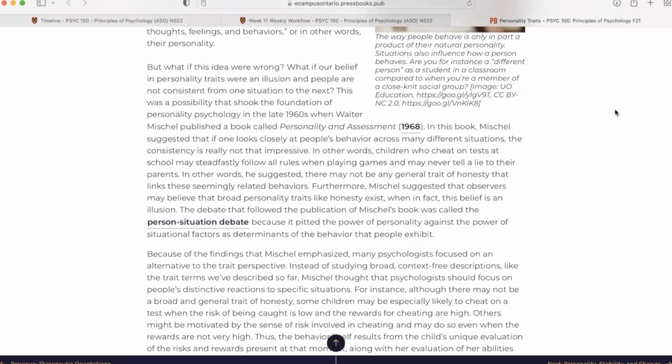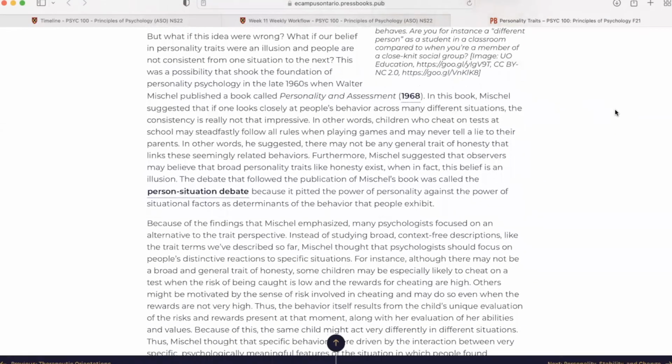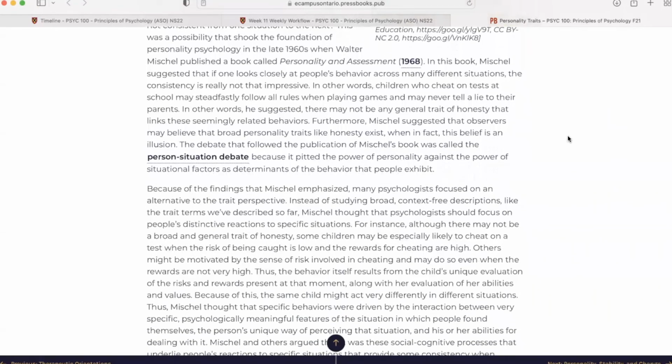In this book, Mischel suggested that if one looks closely at people's behavior across many different situations, the consistency is really not that impressive. In other words, children who cheat on tests at school may steadfastly follow all rules when playing games and may never tell a lie to their parents. In other words, he suggested there may not be any general trait of honesty that links these seemingly related behaviors. Furthermore, Mischel suggested that observers may believe that broad personality traits like honesty exist, when in fact this belief is